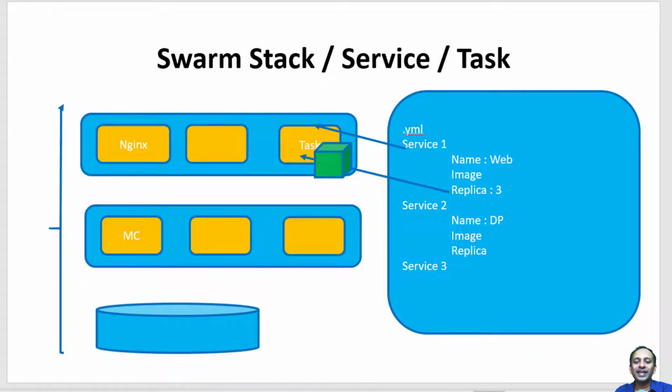Hi, let us understand about Docker Swarm Stack. As we discussed already, Docker Swarm Stack is a list of services and the definition on how the service should work and the details about the tasks within the services. Whenever I am deploying any application within any enterprise, it's going to have n number of services together and that needs to get deployed in a single go.